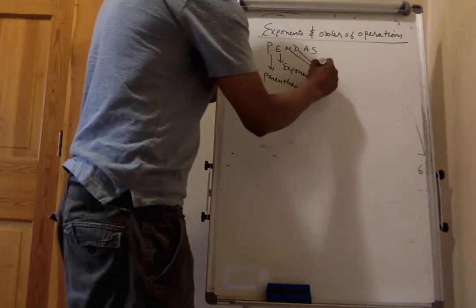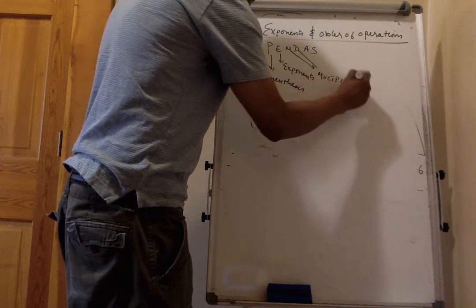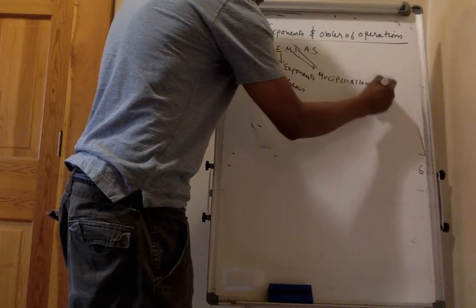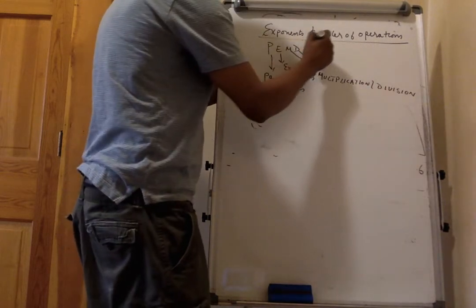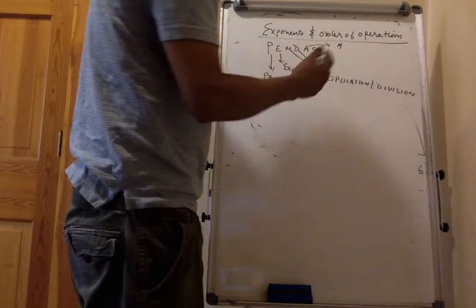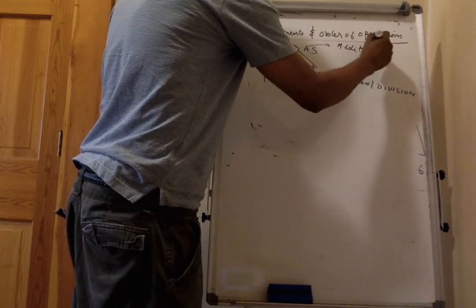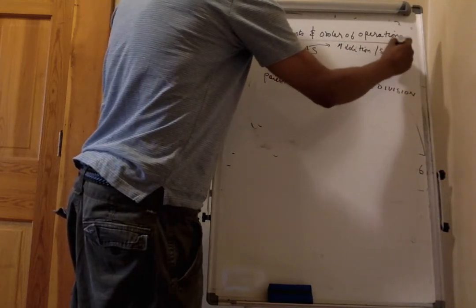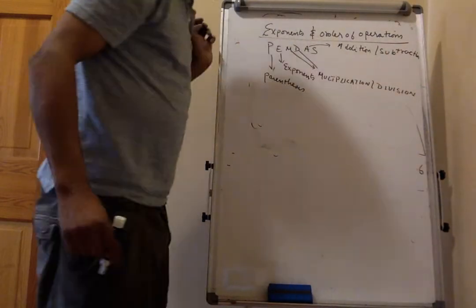So, multiplication or division, whichever appears first. And then this one is addition and subtraction, also whichever comes first. So, addition and subtraction. Okay,